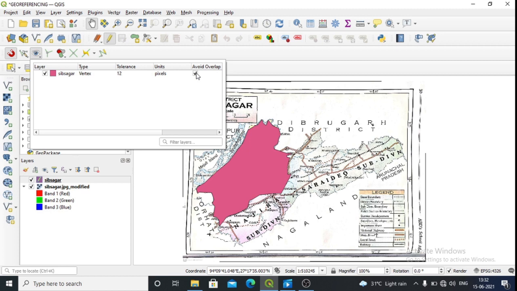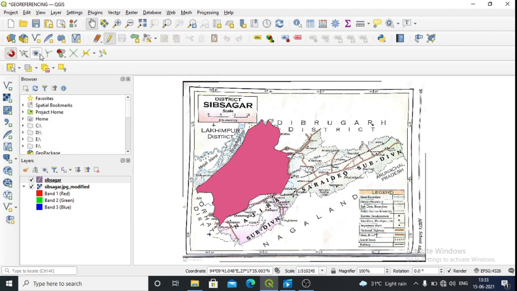Then click on avoid overlap, okay. Then the unit should be pixel, it's already in pixel, okay. So tolerance level you can make it as 2, okay. Then this one should be segment, okay. Then done.